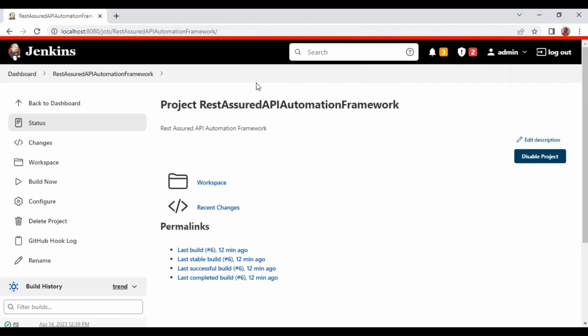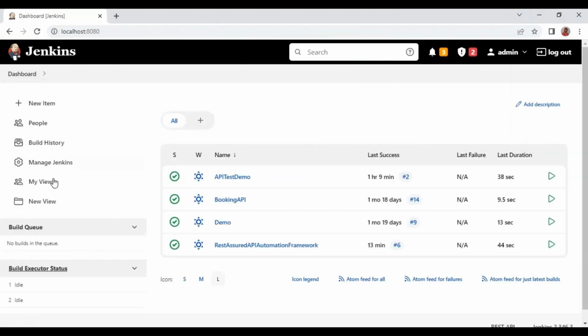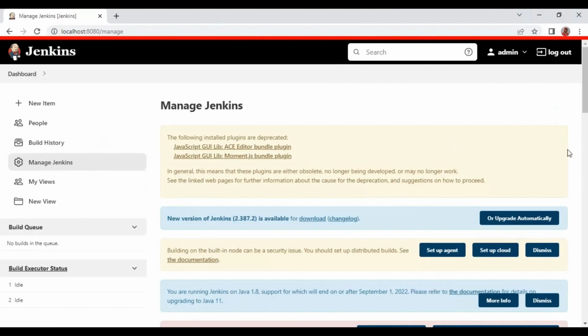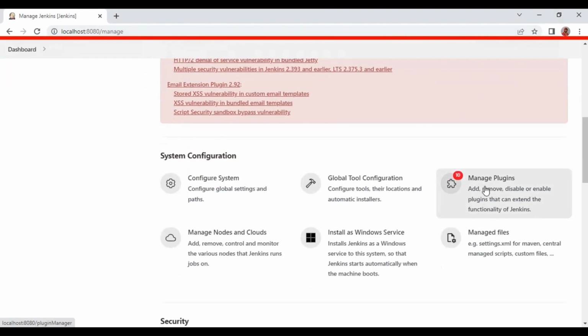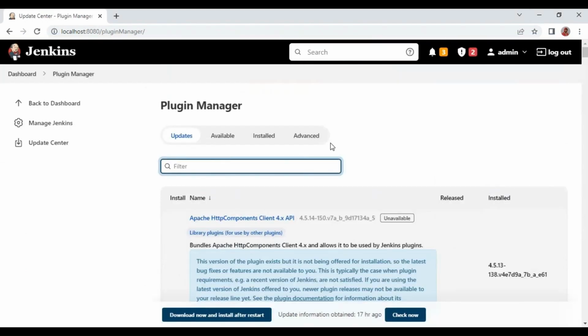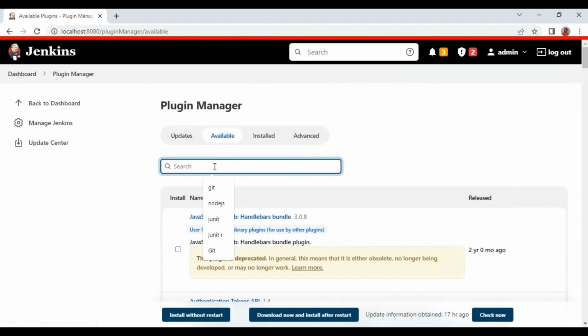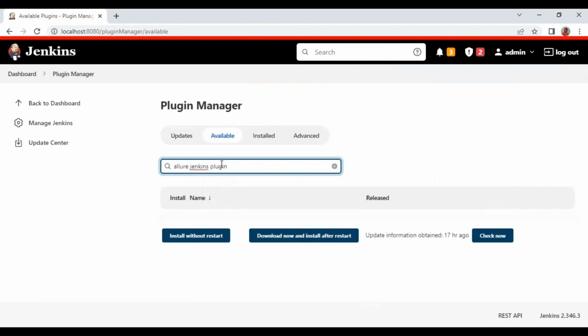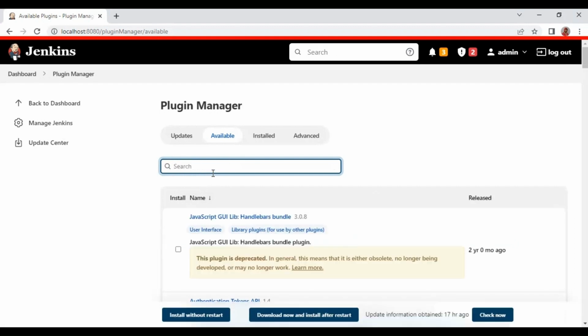Now I will start discussing how to integrate the Allure report with your Jenkins job. Go to the dashboard, then go to Manage Jenkins, scroll down and go to Manage Plugins. In the Available tab, search for the Allure Jenkins plugin. In my case, I have already installed it, so I'm not able to see that particular plugin. If you are installing it for the very first time, you will get the plugin like this, and you simply select that checkbox and